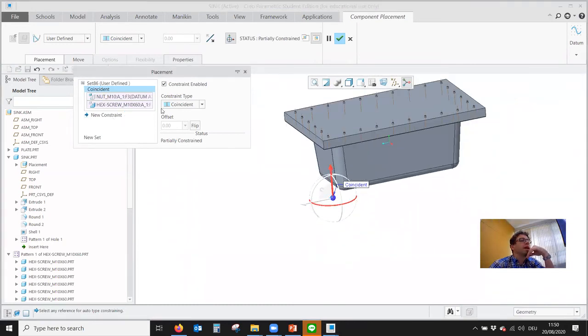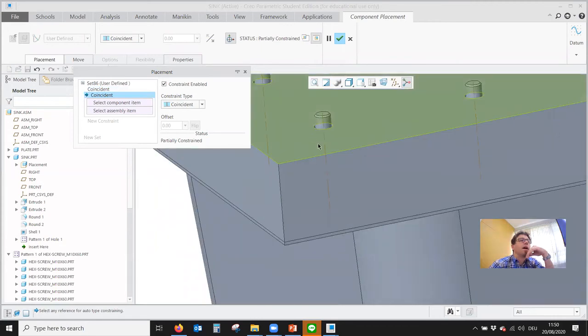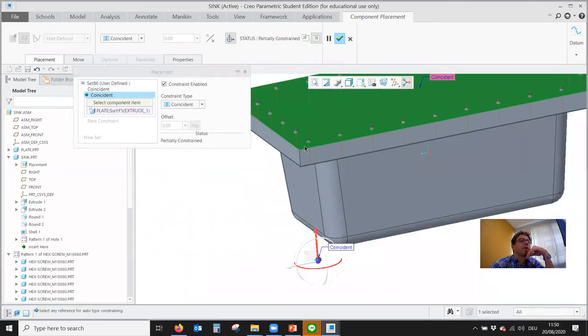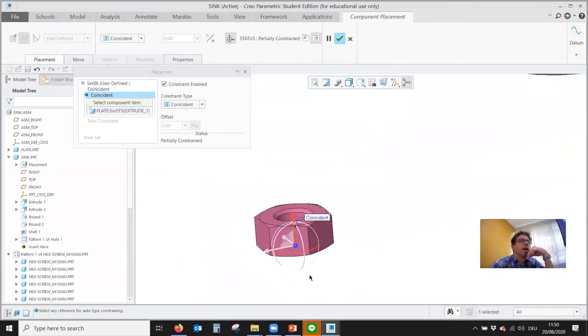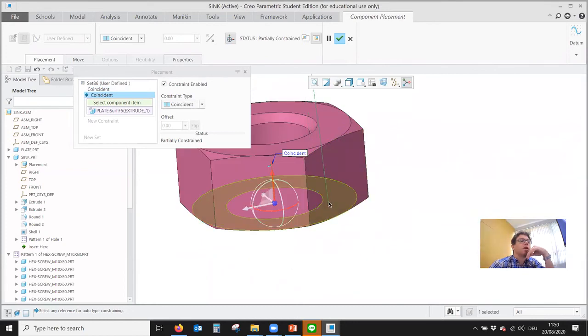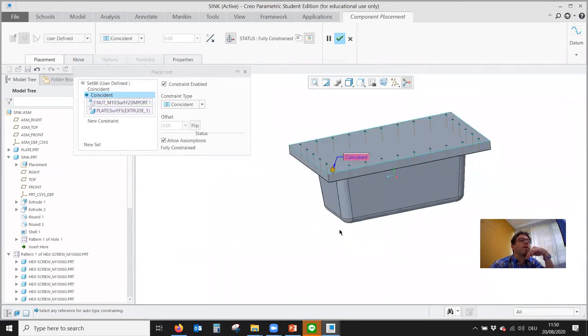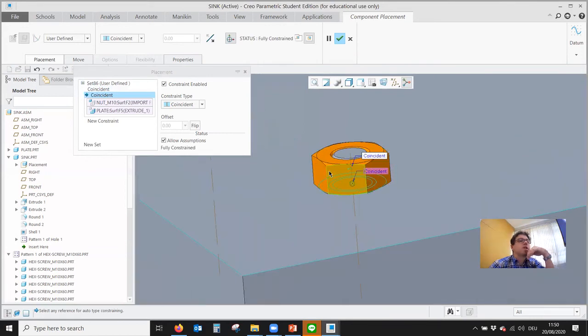And then the same thing again. I will now make the part surface. And in this case, I will choose the lower ring surface. So it's fully constrained. Now, actually, we discussed that before. It's not really fully constrained. In your brain, you should keep record of the constraints. You should be aware that